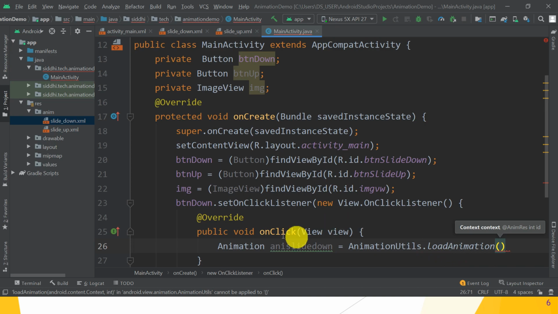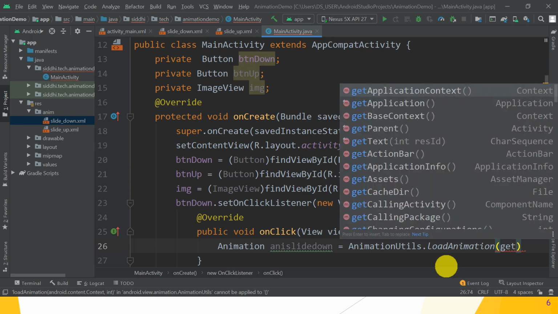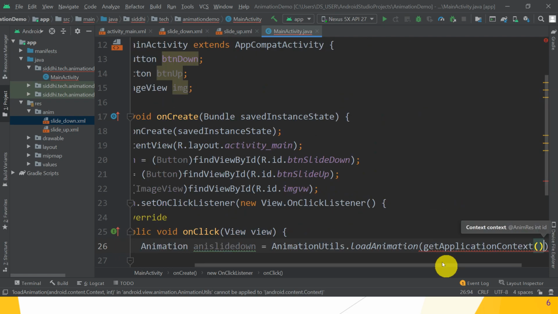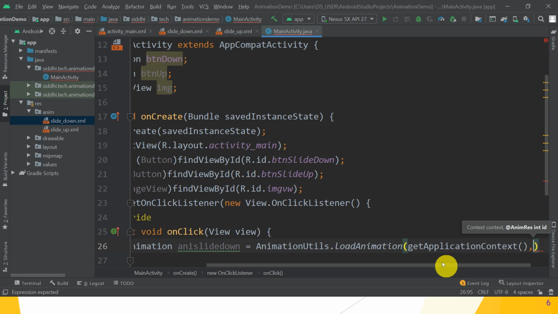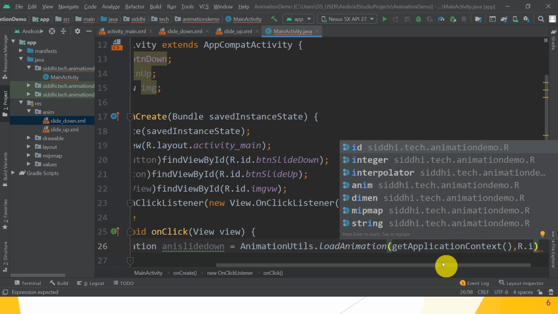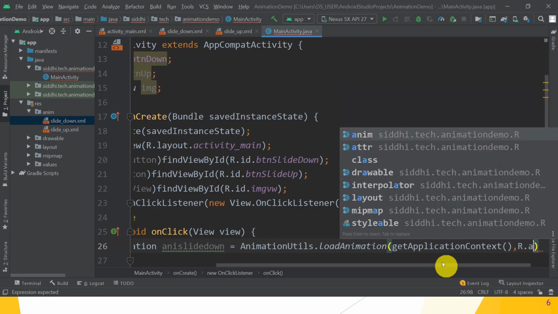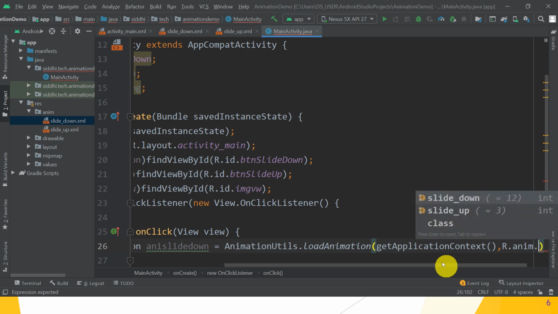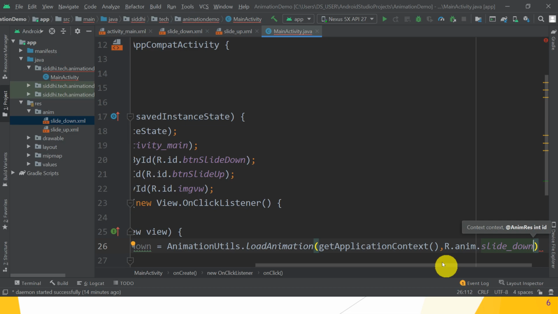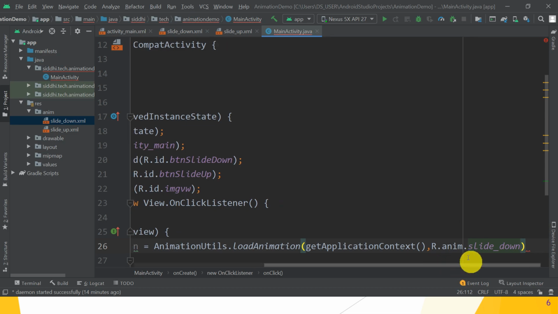It returns the object of Animation. So AnimationUtils.loadAnimation, and pass, first argument is getApplicationContext, and second argument is R.anim.slide_down. Okay, so this is the code for slide down, which is present in the slide_down.xml file.